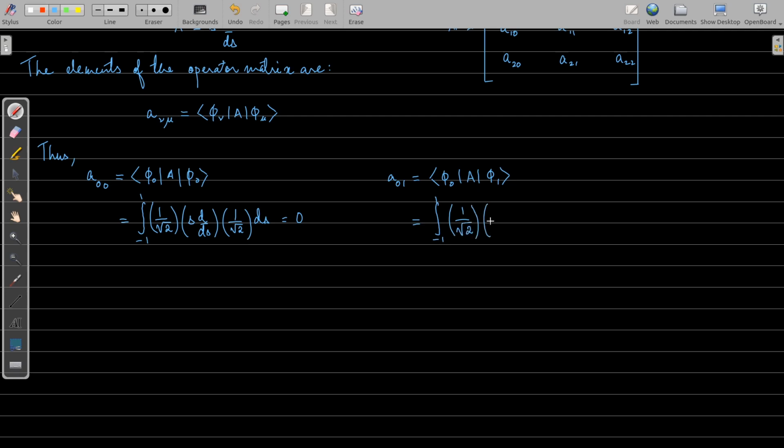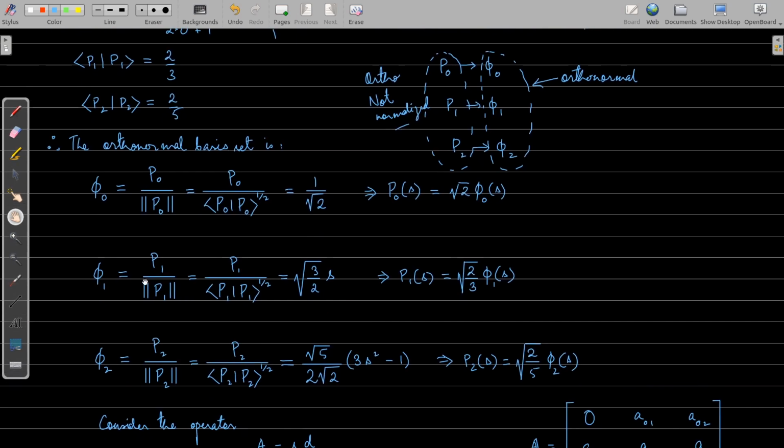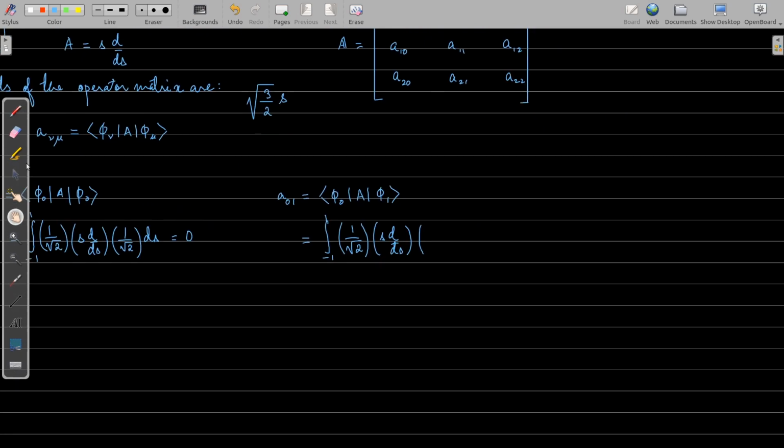Then the operator, which is s into d by ds, operating on phi 1. And what is phi 1? Phi 1 is root 3 by 2 into s. So this is going to operate on this function, root 3 by 2 into s